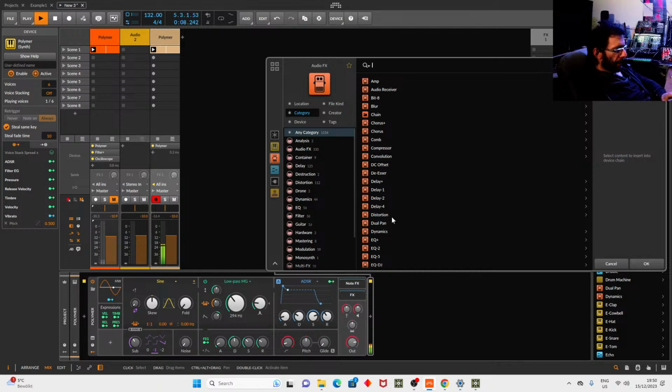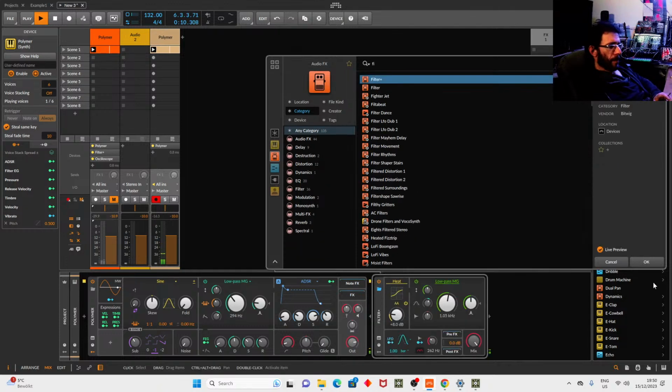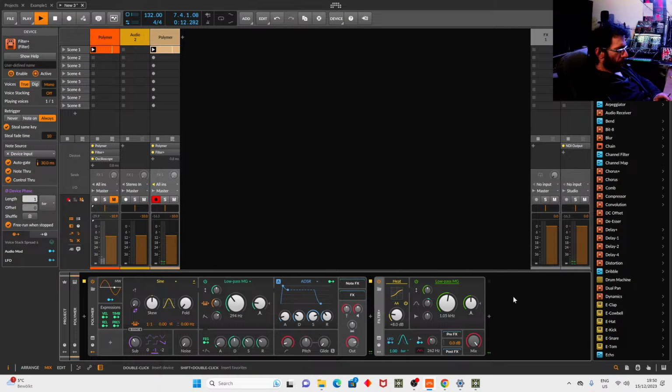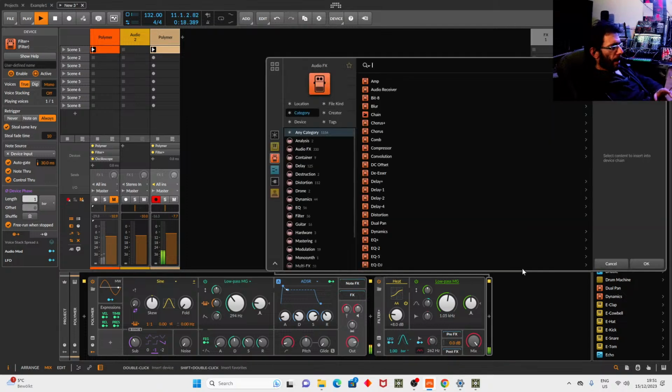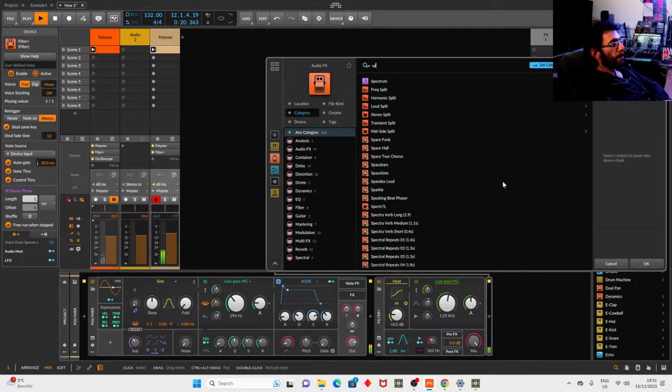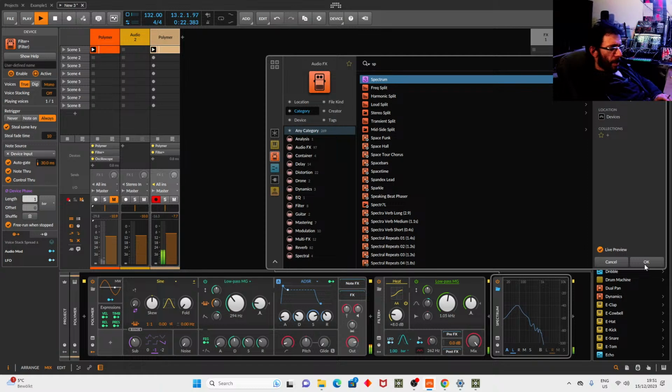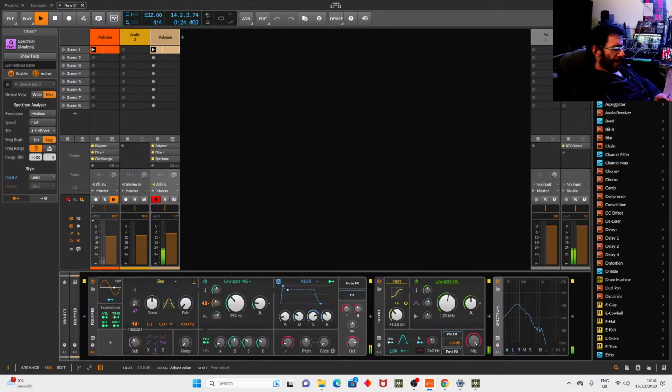And now I will apply the Filter Plus on the end. And let's start to deform, and let's also put the spectrum